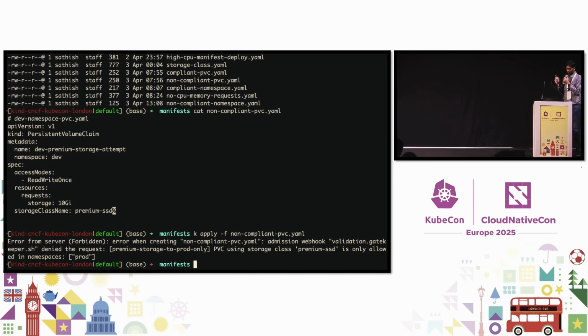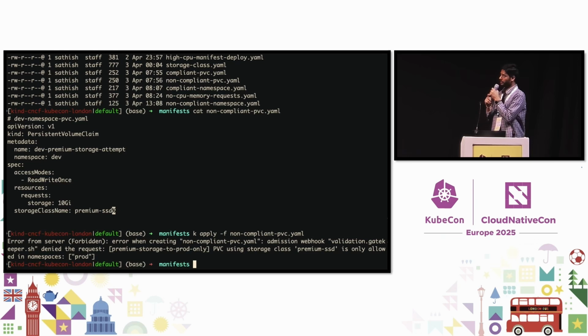Gatekeeper is the admission controller here, so it checks those policies, and since it's not meeting the condition, this particular storage class needs to be used only in the prod namespace in this example, but not on dev, so it's not allowing you to create it.